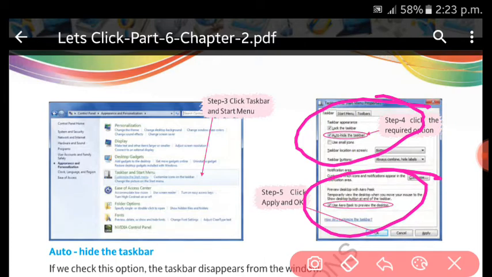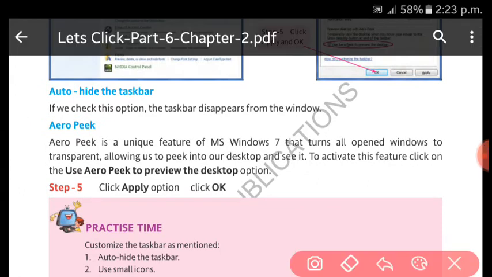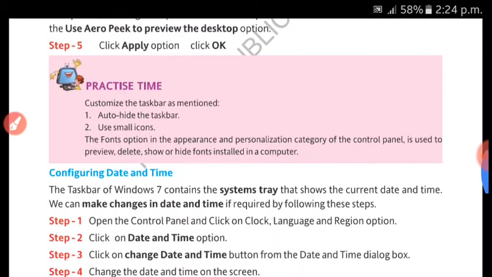If you choose this option, all the windows you have opened will become transparent and then you will see the desktop screen. You can further change it, no problem. So all the open windows become transparent, allowing us to peek into our desktop and see it.